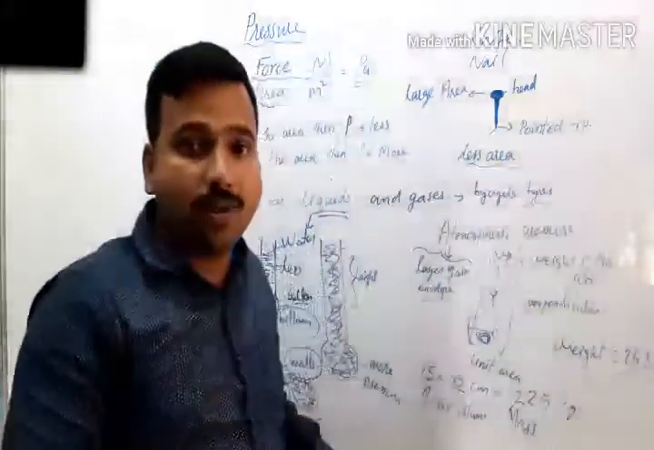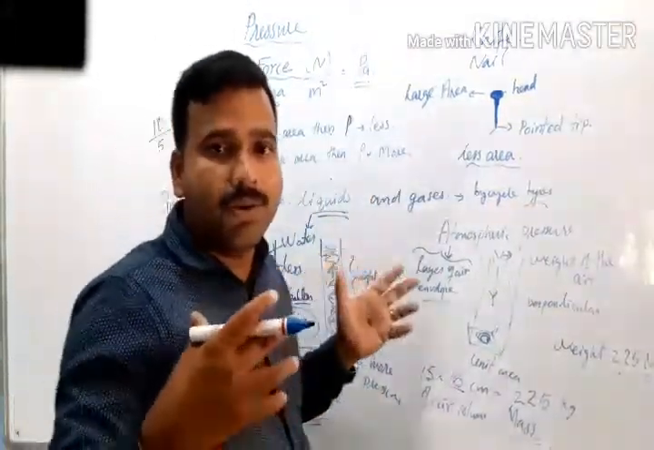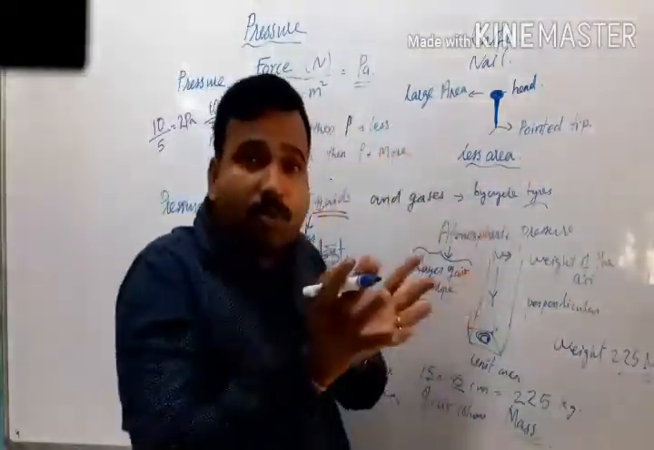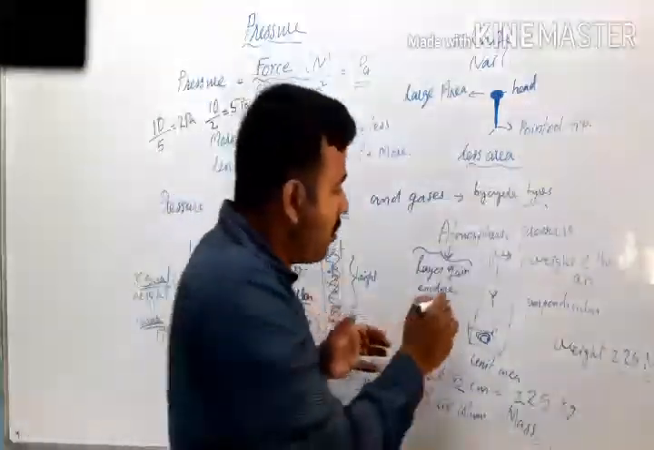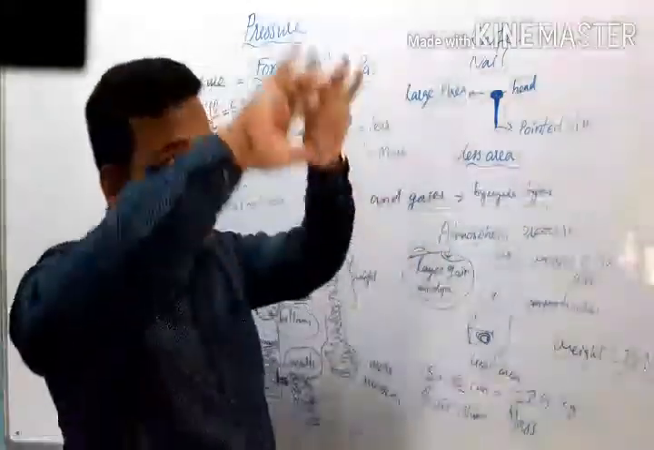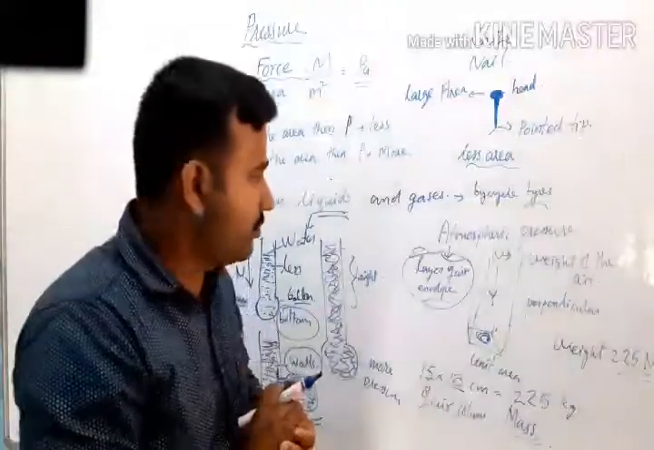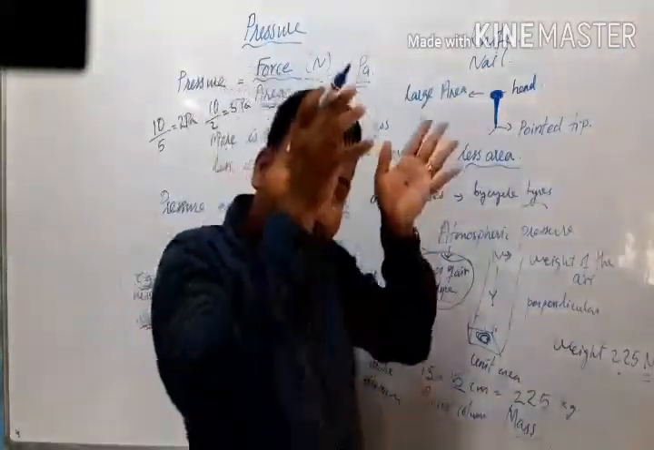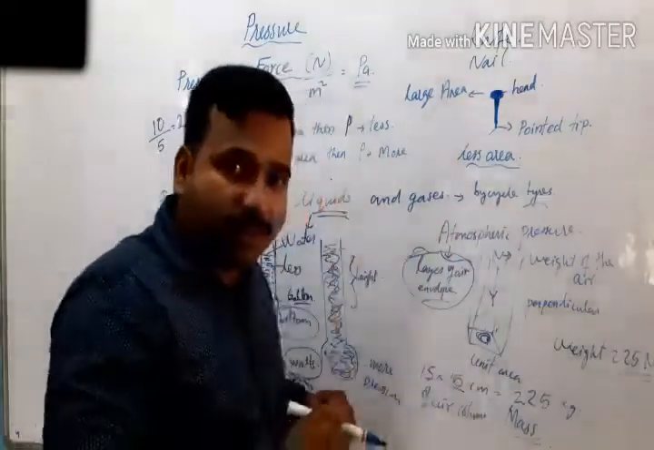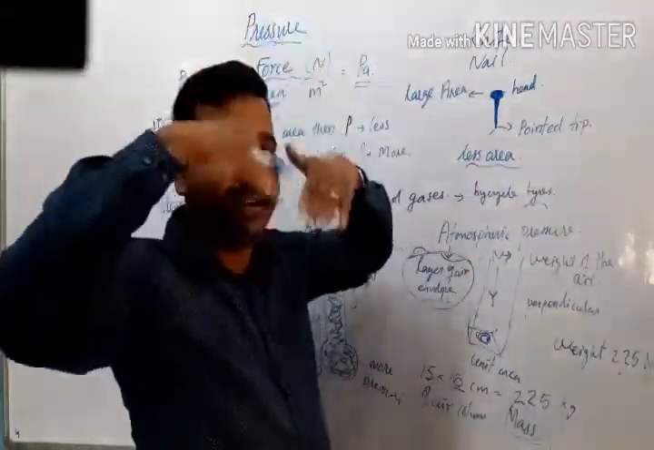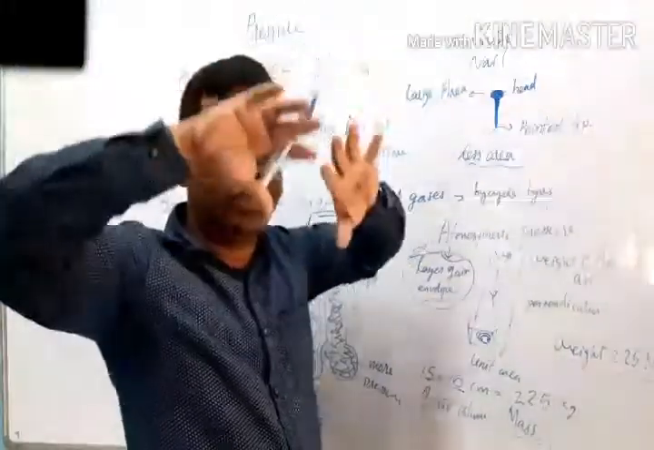You may have heard the word atmosphere. What do you mean by atmosphere? Atmosphere is the envelope of air, or a layer of air that surrounds the earth in all directions. You can see, this air also has weight. So as you stand outside, what will happen? The height of the atmosphere,